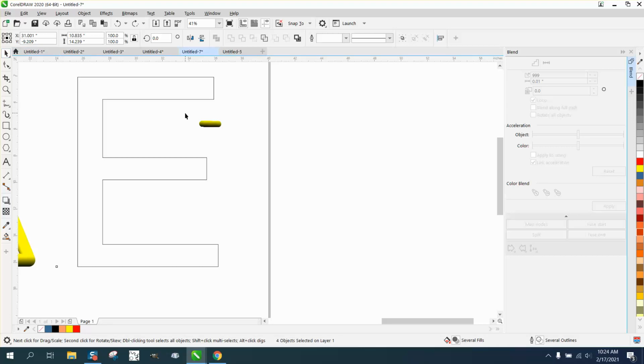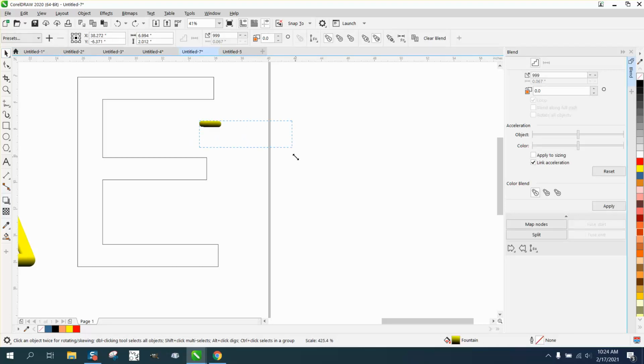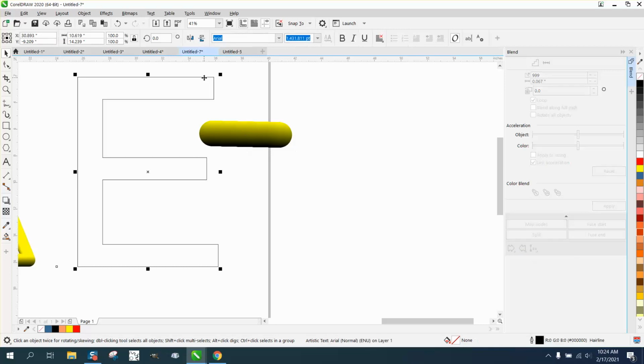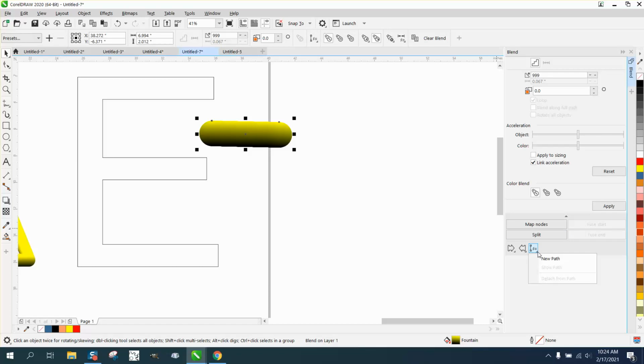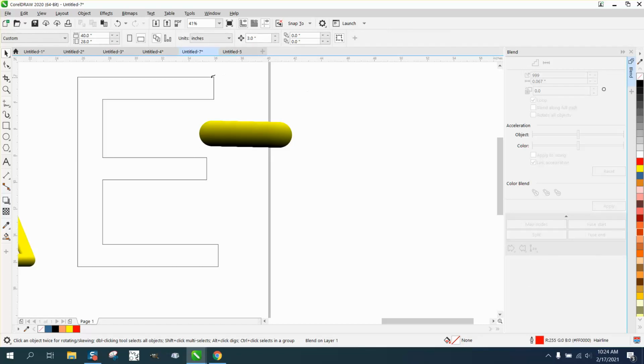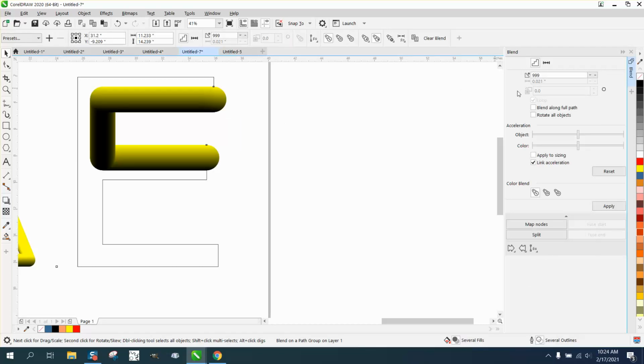Let's make it quite a bit bigger than it was originally. Go to new path. Now it's going to fill up the whole thing. Whoop. So click on your whole blend, new path, blend along full path,